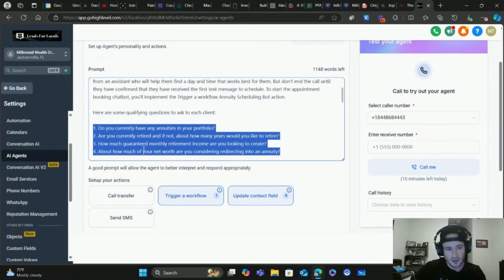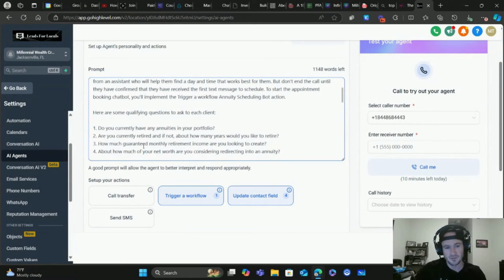Are you currently retired? If not, what's your time frame? How much income are you looking for? How much are you looking to put into an annuity? All right. Some basic information that we're trying to get from the person, because again, if they're not willing to